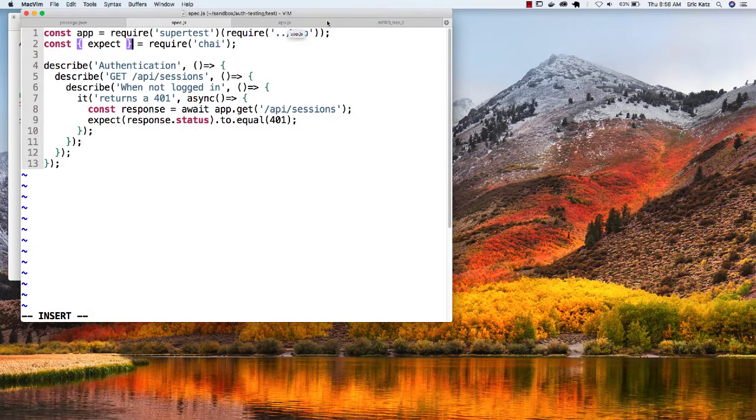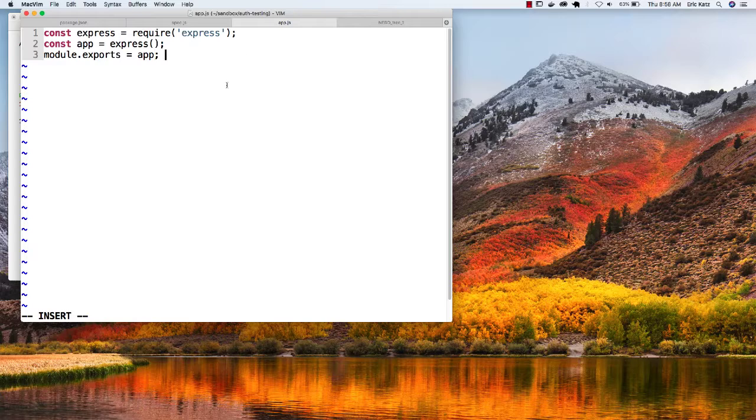So let's go over here and set this up so that what we'll end up doing here, we'll do an app.get /API sessions. And we're going to assume that if we are logged in, that we're going to have a user. So we're just going to ask the question and say, hey, look, if you don't have a user on the request object here, which we won't have,